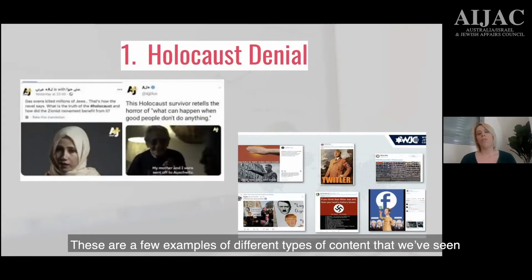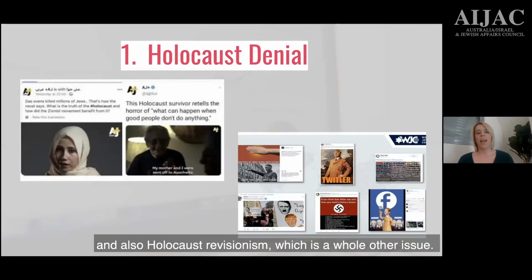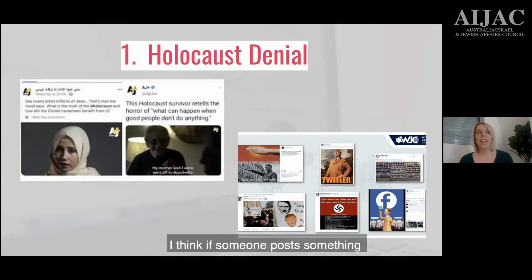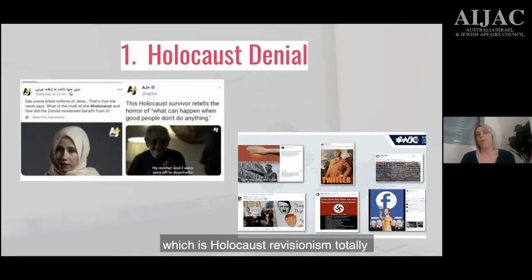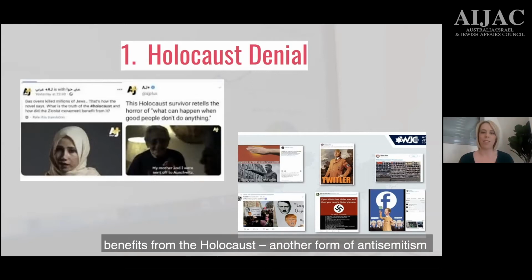And these are a few examples of different types of content that we've seen. And also Holocaust revisionism, which is a whole other issue. I think if someone posts something that is outright Holocaust denial on Twitter, it may be that they remove it. It could be or it could not, which in and of itself is a problem. But if you see content like what AJ Pless did, a video which is Holocaust revisionism totally, and also talking about how the Zionist movement benefits from the Holocaust, another form of anti-Semitism, Twitter and Facebook didn't remove this